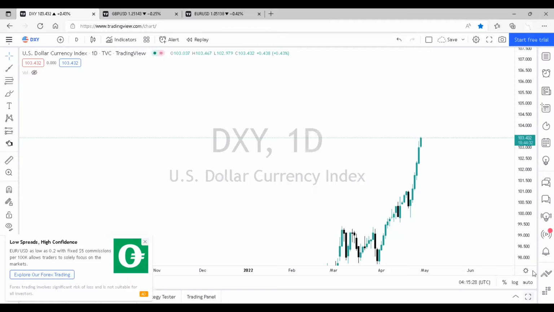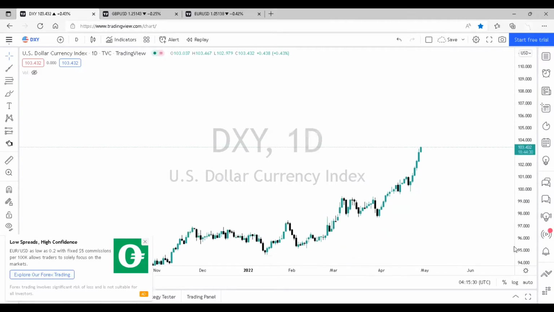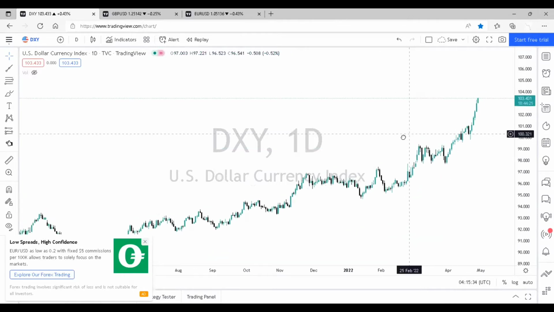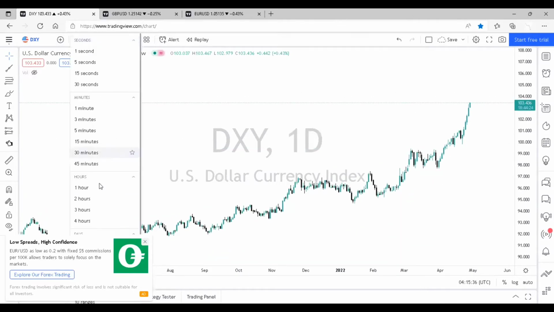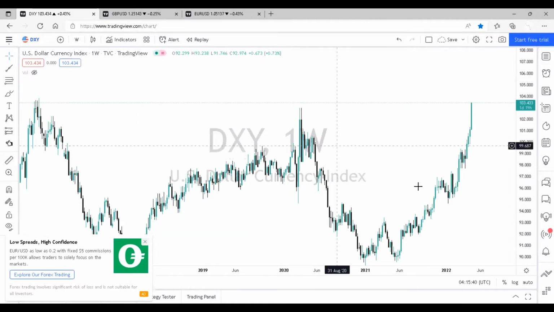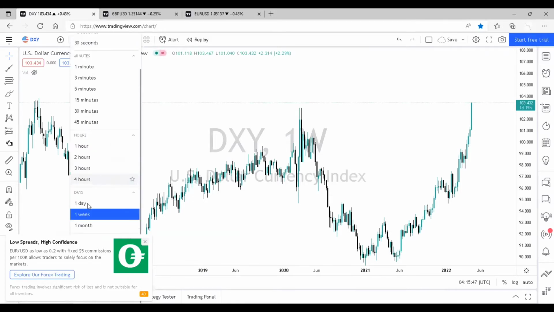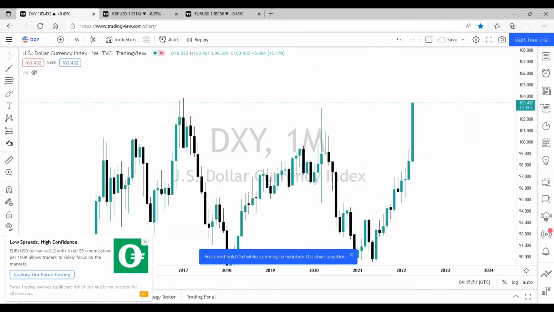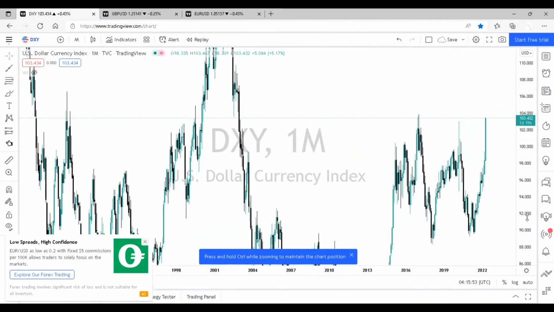So the DXY is making a significant push up. We're gonna look higher than the daily just to find our bias. Since we saw the gold in a downward trend, we're gonna see even further up. We're gonna go monthly just to see where these significant trends and significant highs and lows have been in the market. So as we can see,